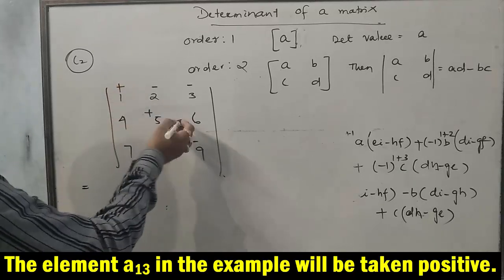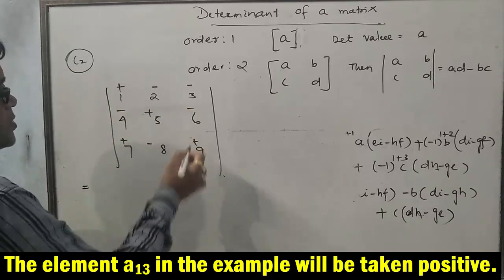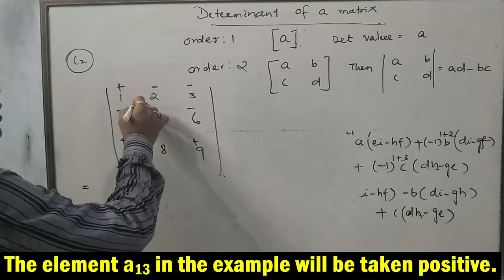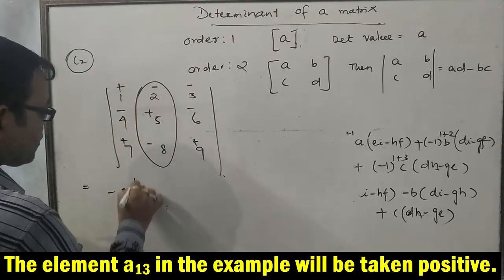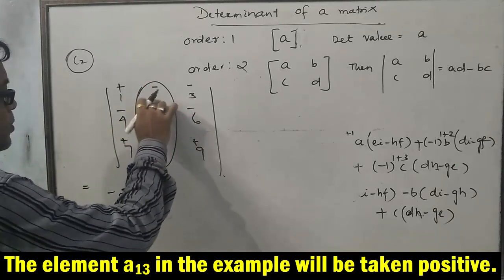So plus, minus, plus, minus, plus, minus. It is plus minus, so it is plus. Okay, the diagonal entry is given the plus sign. So we are talking about the second column. The answer would be minus 2 into, if we eliminate the row and column in which the 2 belongs,